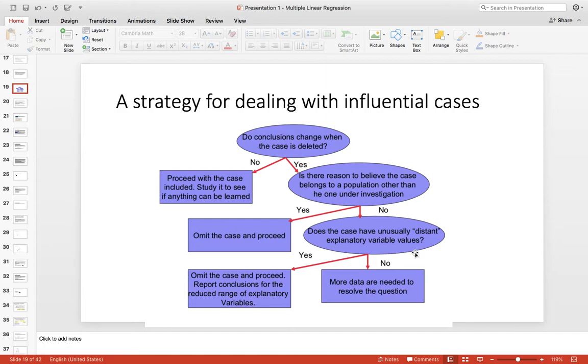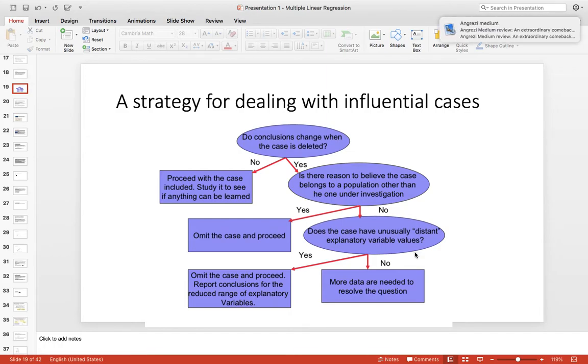So do conclusions change when the cases are deleted? Because when you have an influential value or an outlier, in X or Y, you may leave it out. And if it is not going to change the conclusions, proceed with the case included. Study it to see if anything can be learned from that. So go ahead with the analysis.